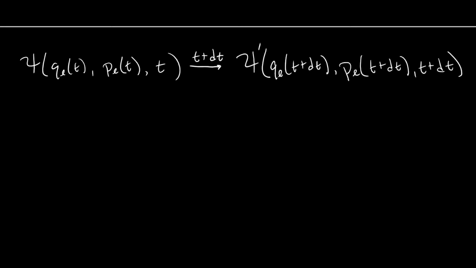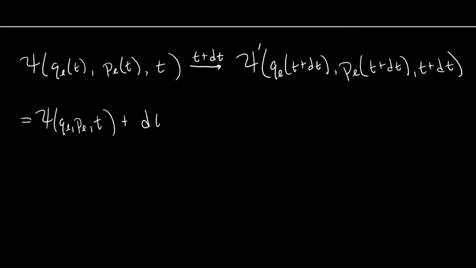Now, like I said, this dt is infinitesimal, so I can do this exact same expansion that I found before. And what I find is that this is equal to psi of q, p, t, so our original function,